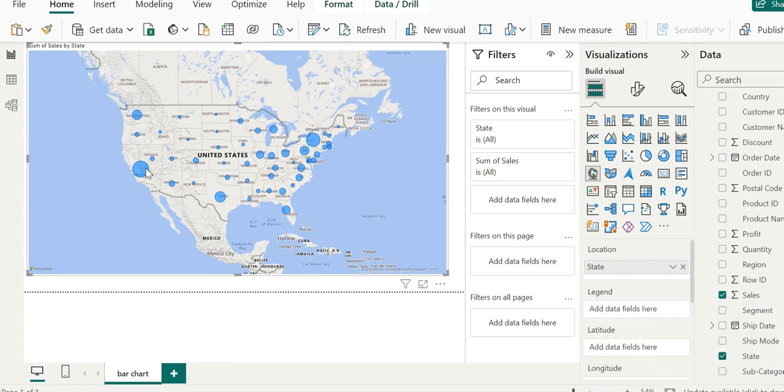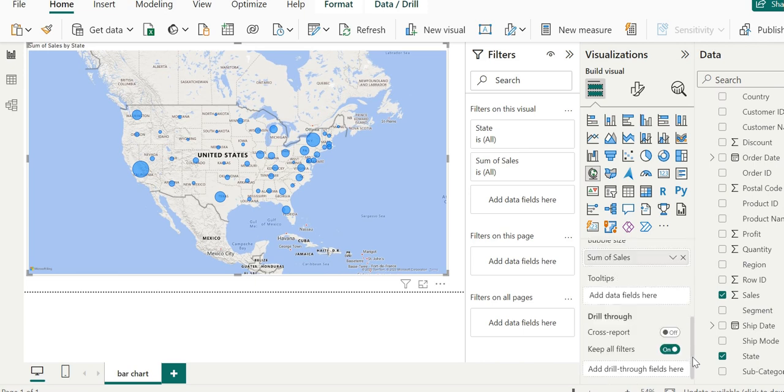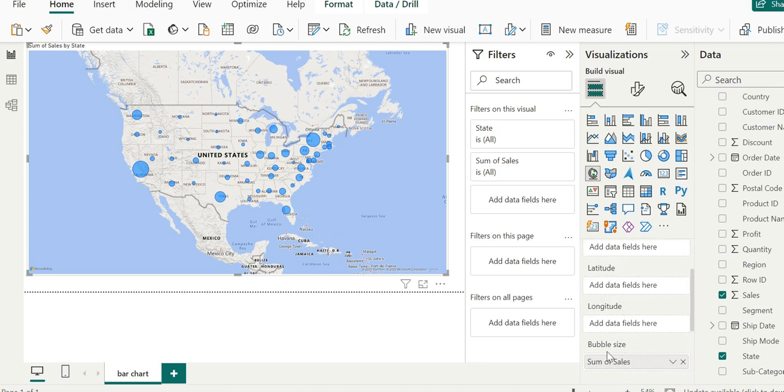See here, state is a location, and there is another quantity. Bubble size is representing the sum of sales. So in the visualization pane, we can see the size drop down with sales in it. This tells us the size of each bubble is proportional to the sum of sales here.